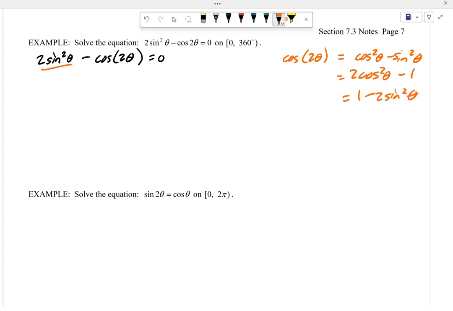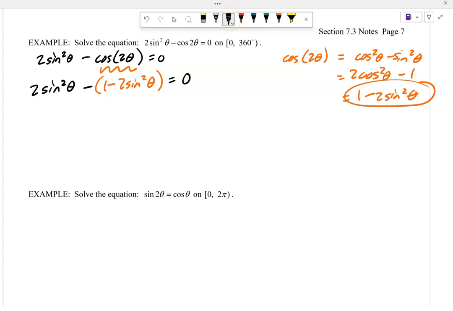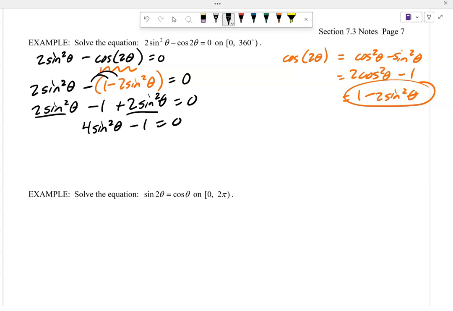Well, since I already have sines of theta, I'm going to replace it with the one that's got sines in. I'm going to use that double angle formula. So we have 2 sine squared theta minus, and I make that replacement right there, of 1 minus 2 sine squared theta, and this equals 0. So we have 2 sine squared theta minus 1 plus 2 sine squared theta equals 0. 2 sine squared plus 2 sine squared, 4 sine squared theta. Add 1,